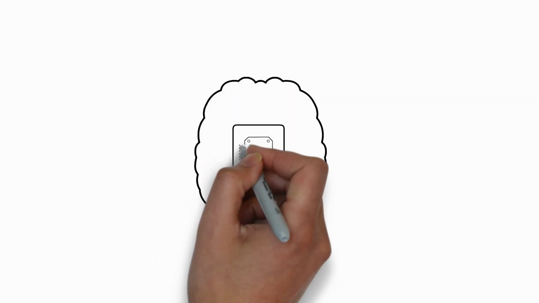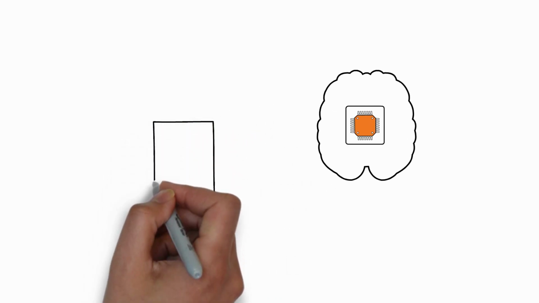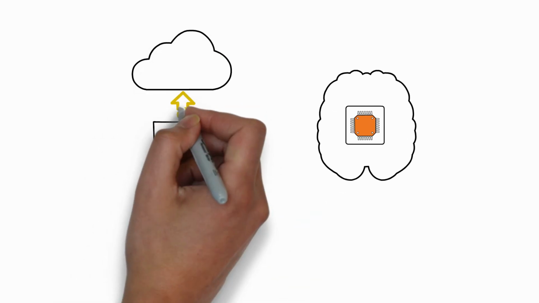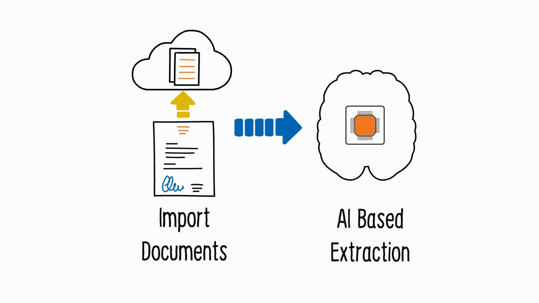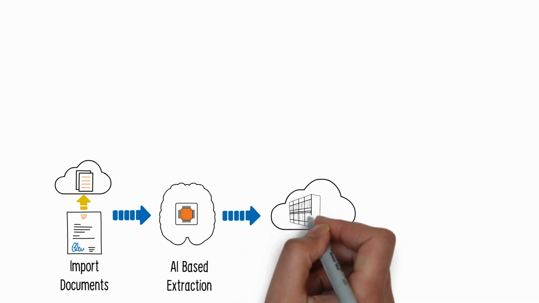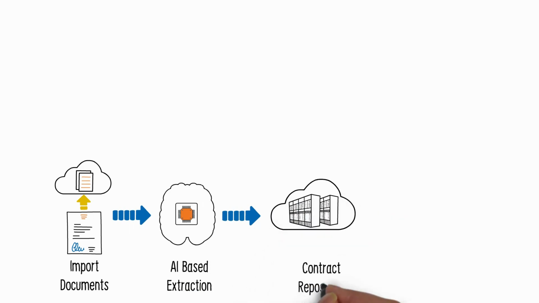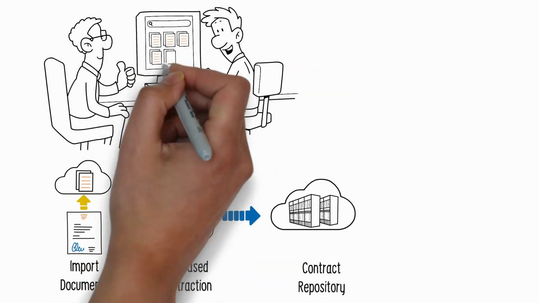Powered by artificial intelligence, machine learning, and NLP, you can easily extract clauses or metadata from any contract and build a corpus for improved accessibility and searchability. With this, you can search for terms, keywords, clauses, and phrases across the entire repository, cutting down time and manual efforts to respond to any event.